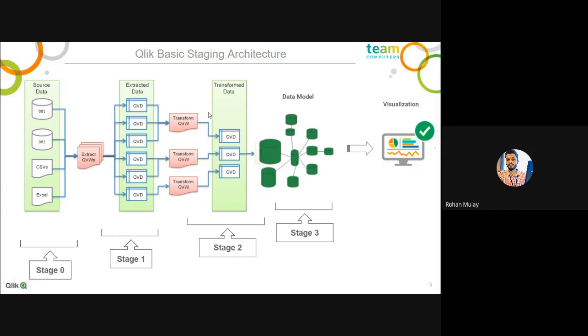After transformation, we move to the data model, where we might have one or more data models depending upon the requirement. So we'll create the data model out of these components. If a particular application requires data from different departments like HR and operations, then we will pick up specific domains from the required departments and form a data model.